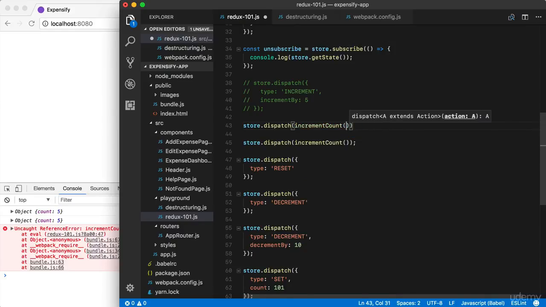Now at this point in time, we have no way to handle increment by, but we are going to actually pass it in. So right here, we are going to pass in as the first and only argument to the increment count action generator an object. In here, we're going to provide all of the custom data we need. In our case, there's just one piece, increment by,